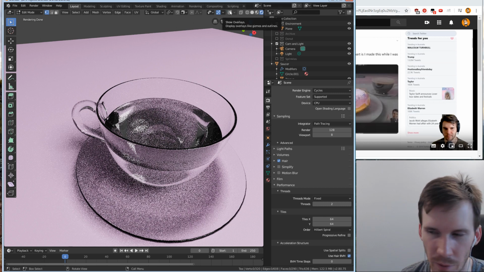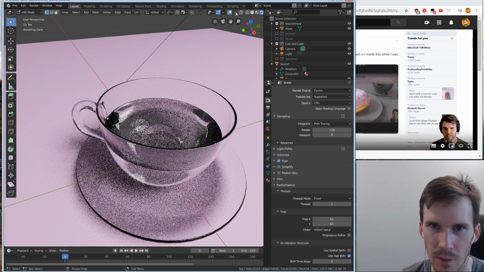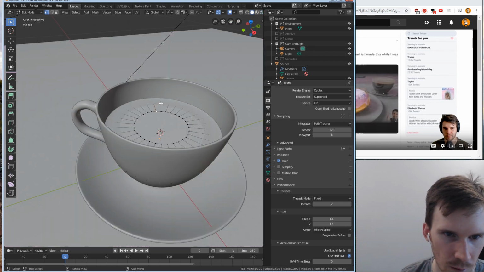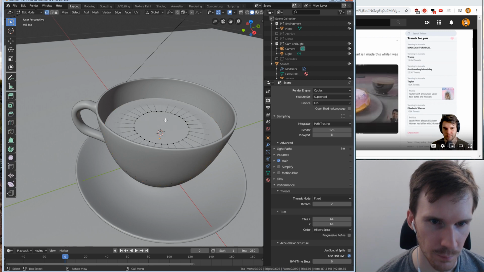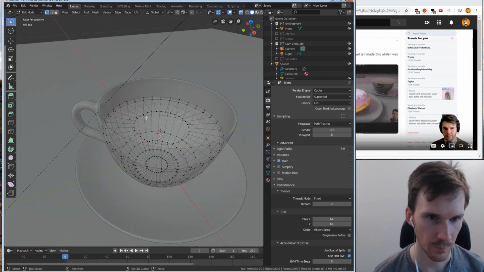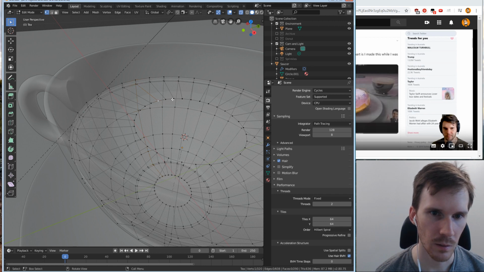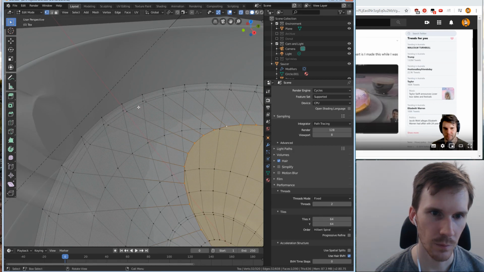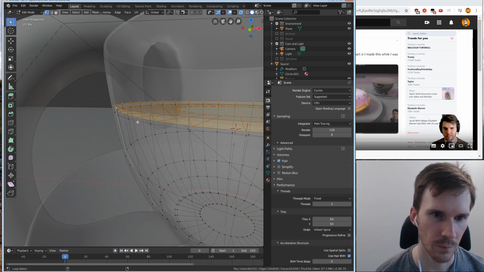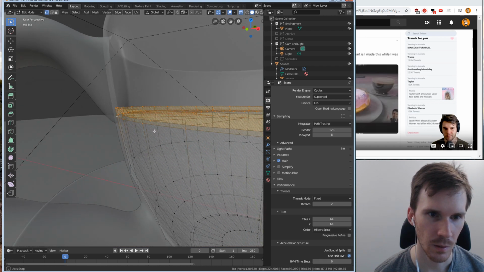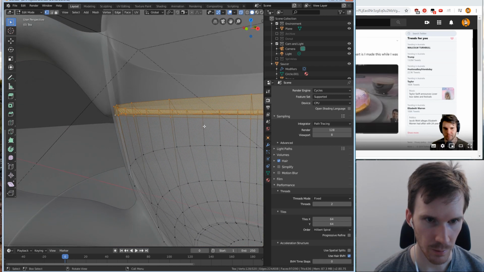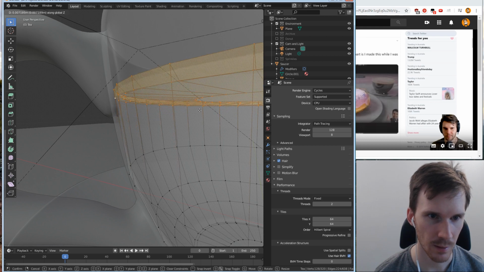So yeah, I want to bring the whole thing up so that it doesn't look so much like that. So if I were to grab that and move that up on Z, I can actually get it somewhere, you know, that